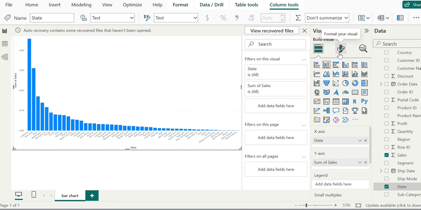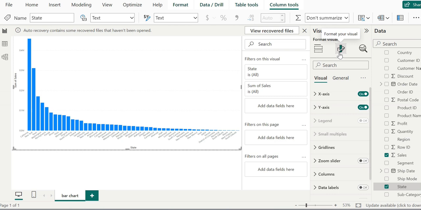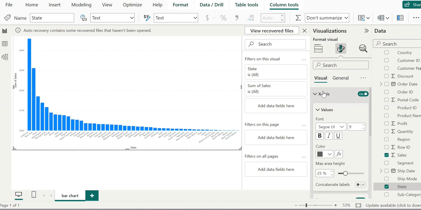Down below, if we click on this, we have various cards. Let's choose x-axis. By choosing x-axis, you can see that it allows us different kinds of customization.